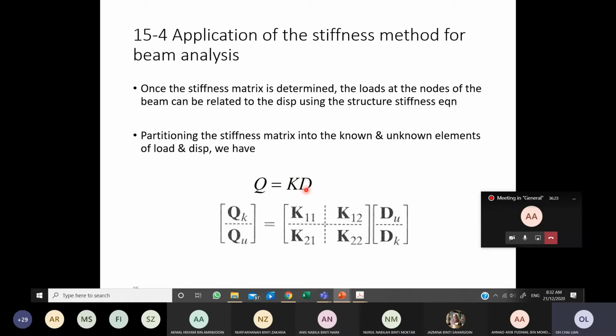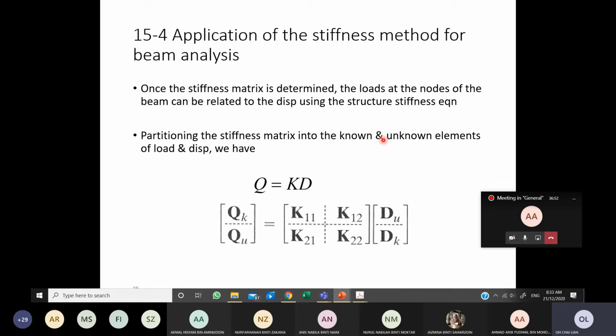But they are all in the capital form. This is just to differentiate that these now are at the structural level. Just now the small q, equal to small k's and the d, are all about local. But now we are talking about the global, or structural level, where you can actually